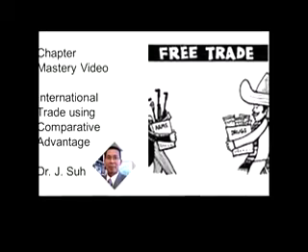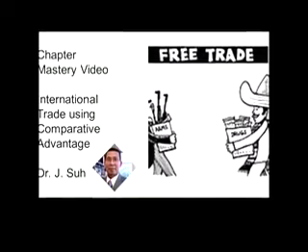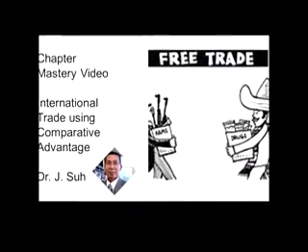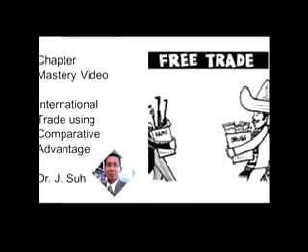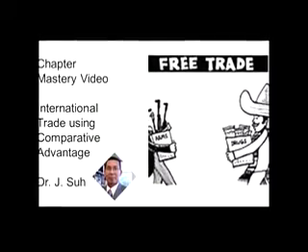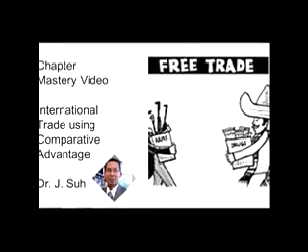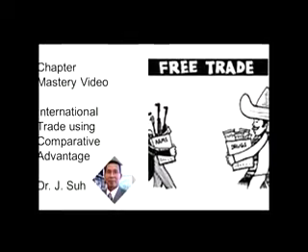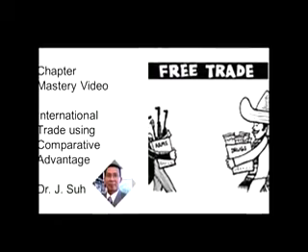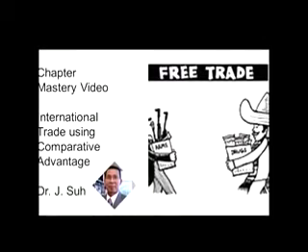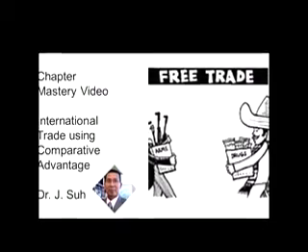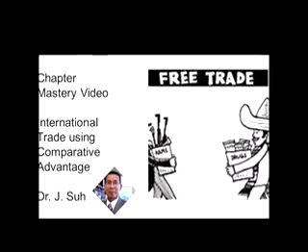In the last lesson, we introduced the concept of comparative advantage and showed how two players with different opportunity costs could cooperate, specialize, and trade, and both be better off. In this lesson, we'll give another illustration of the concept. This one is a story about international trade, and we'll show how two countries with different opportunity costs for producing two products can specialize and trade and both